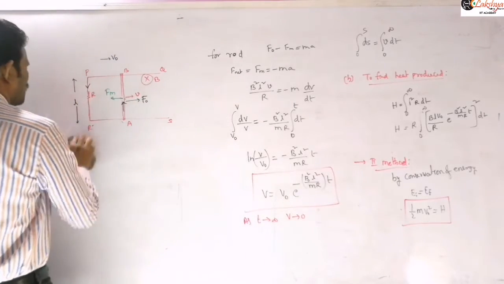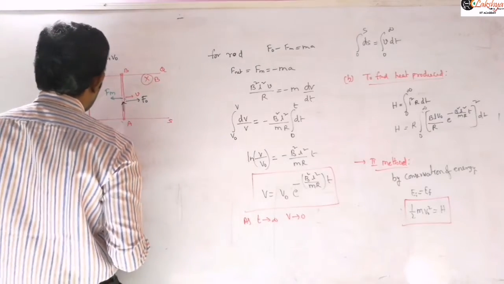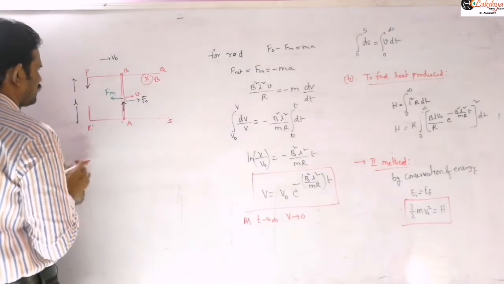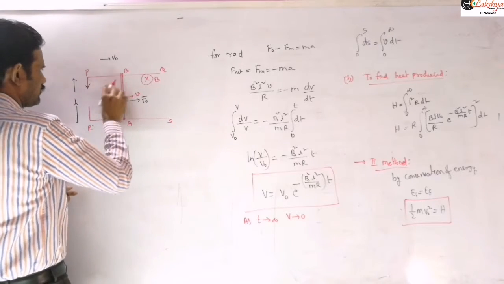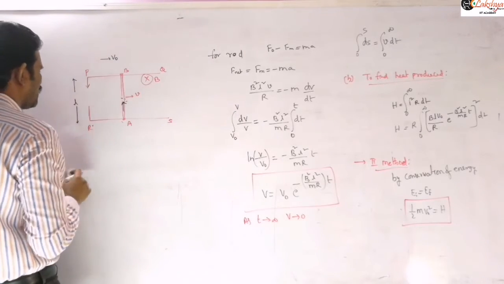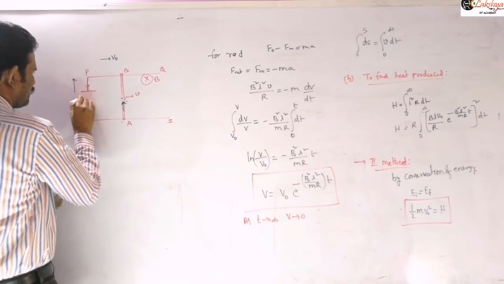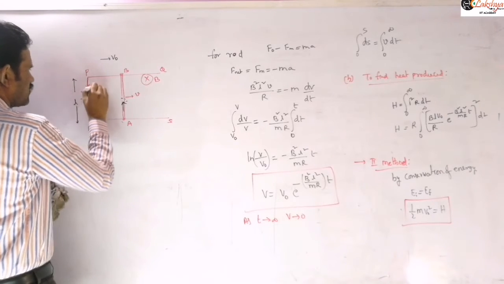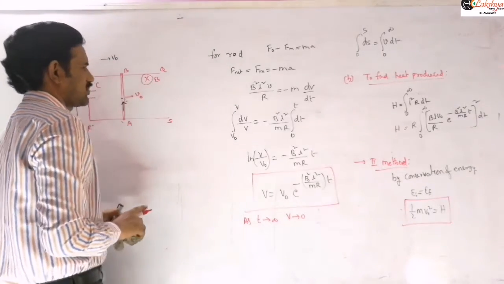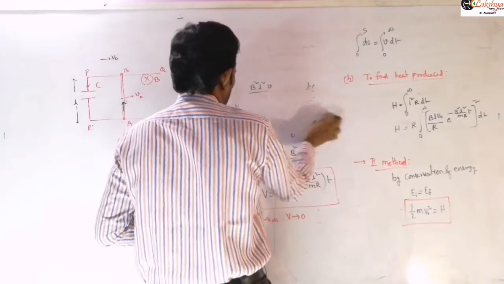Next I am taking, instead of this resistance, a capacitor. So let us consider it as a capacitor now. As I said, for the same arrangement of parallel rails, a lot of problems will be there in this topic. Now I am taking that it is moving with a constant velocity V naught.